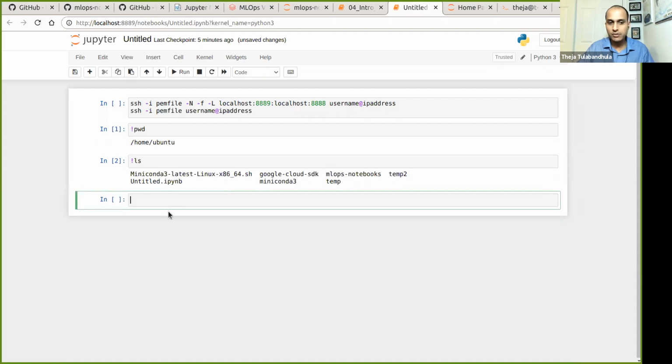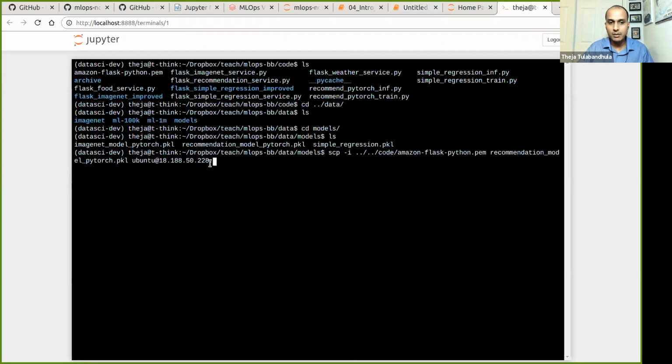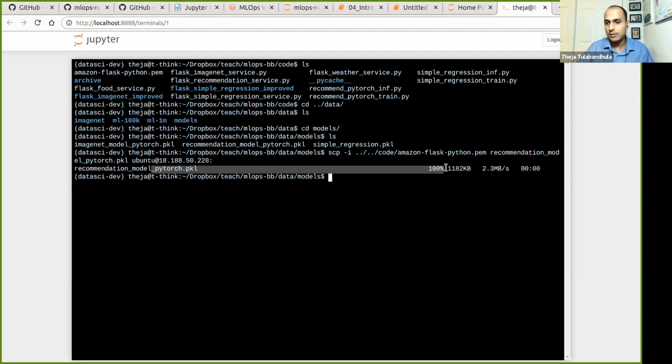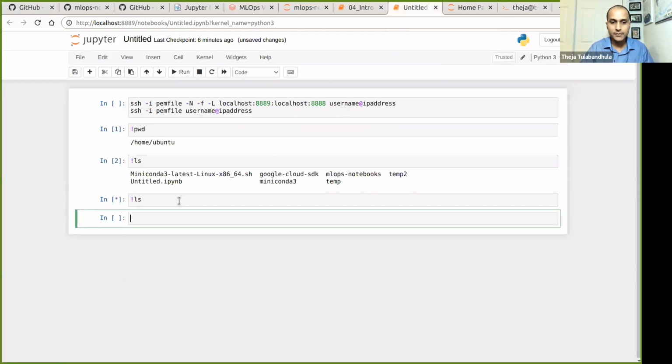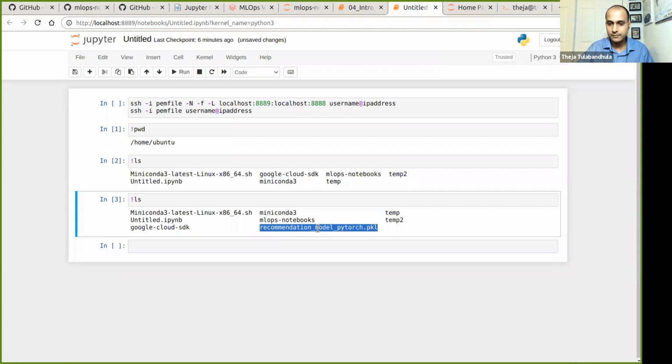So if I want to get one more file here, then I just have to run this command from my local machine. The extra stuff is only because my PEM file is somewhere else. So if I press enter, then it shows this file 100% transfer complete, its file size, and the transfer rate and all that. Now if I come back here and do ls, I'll see that file is here. So that's a command line way to push things back and forth.